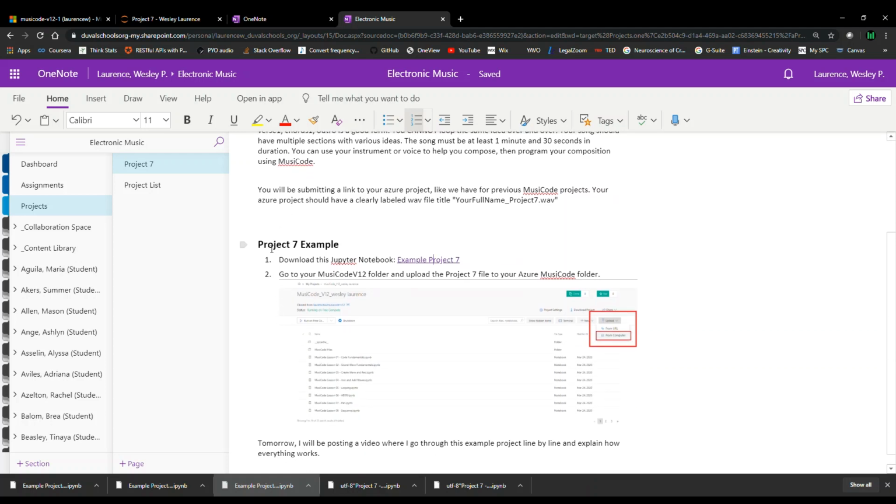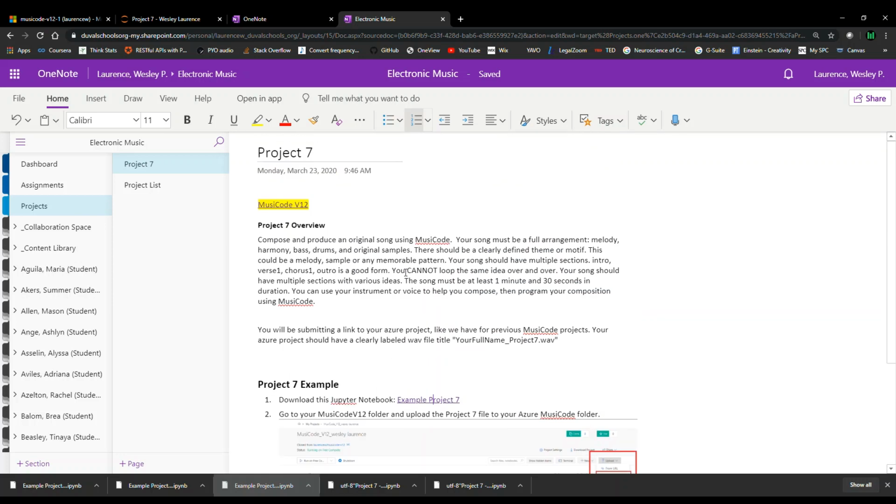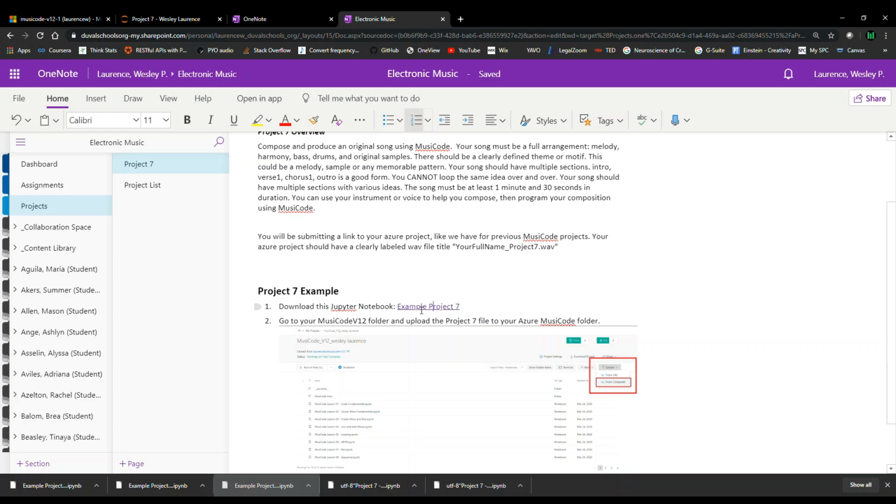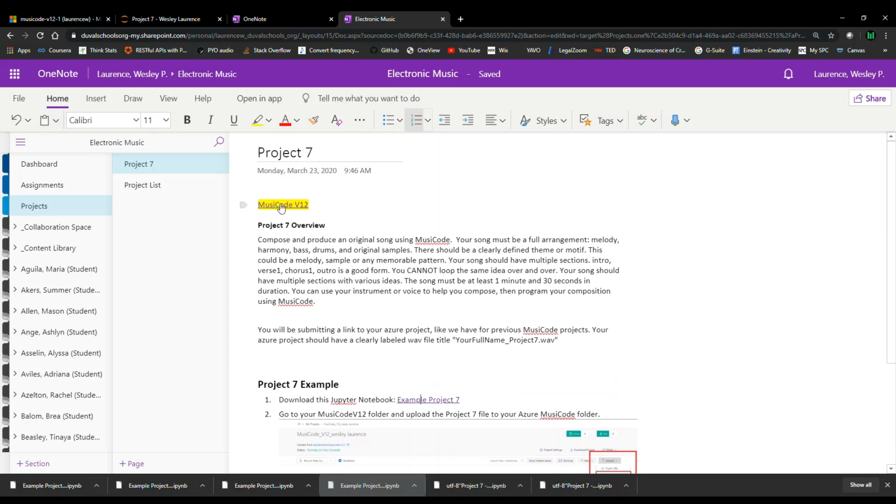And then we have a Project 7 example here, which I'm going to go through in this video. So go ahead and click on Example Project 7. This is going to download the Jupyter Notebook to your computer. So once this is downloaded to your computer, then go to MusiCode v12,